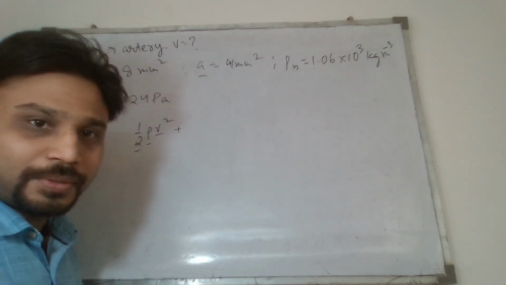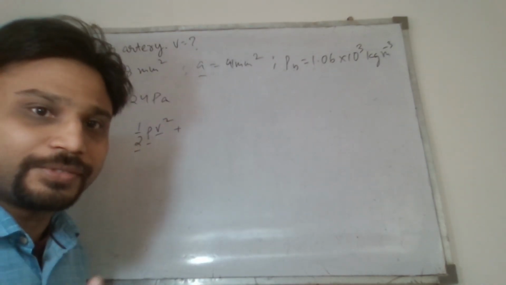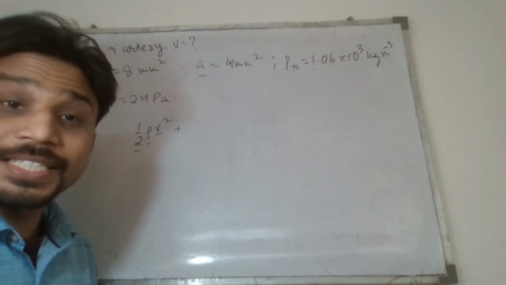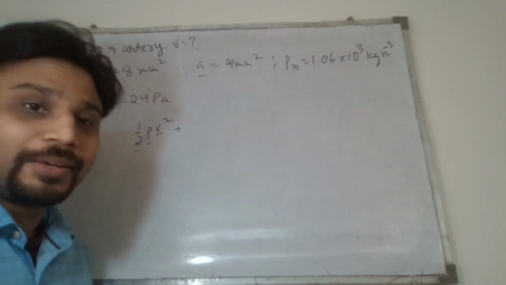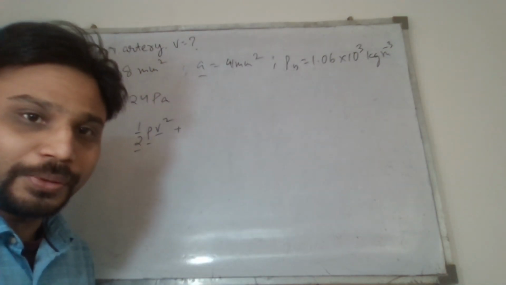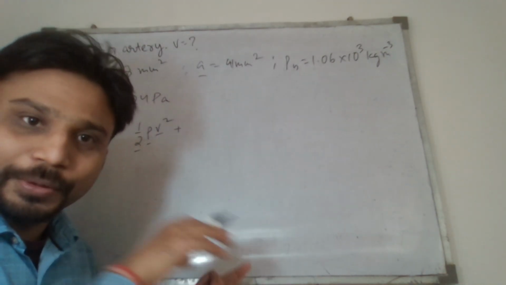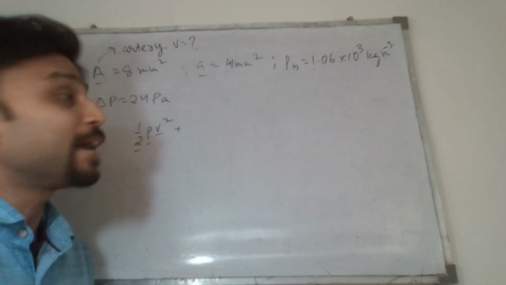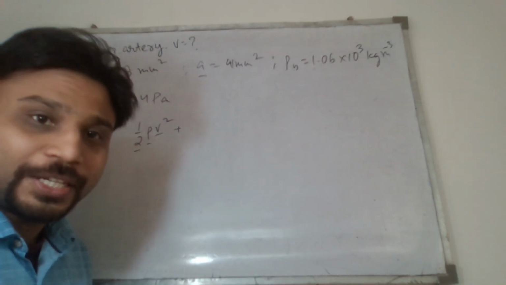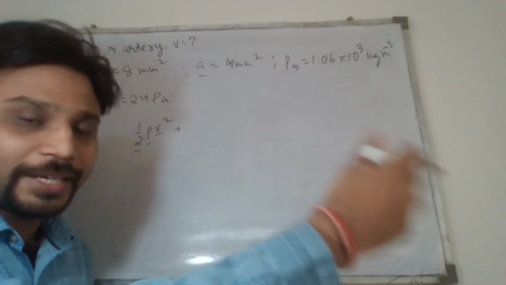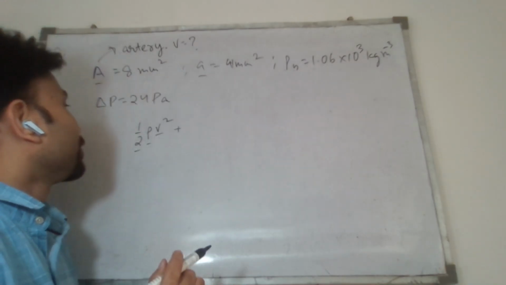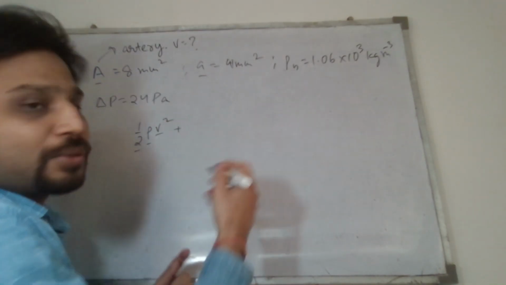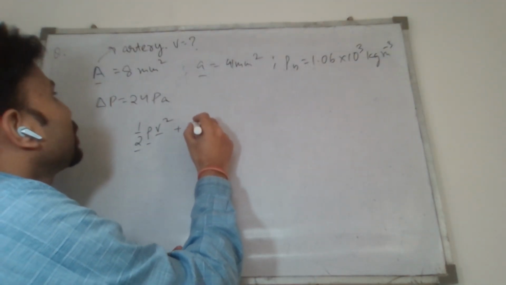Directly writing, since I, as a lecturer, am saving my time by directly writing the Bernoulli theorem. But that won't be optimal for you. You will have to write the equation of continuity first, and from that construct everything. So this is half rho v square plus, there is no height, pressure is there,